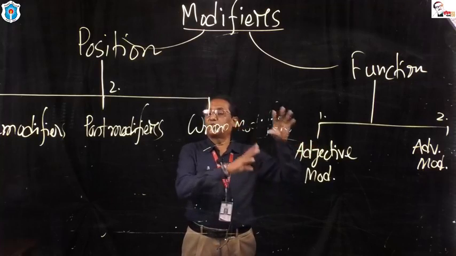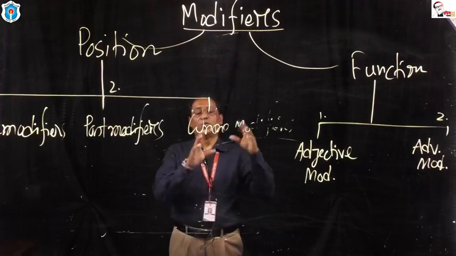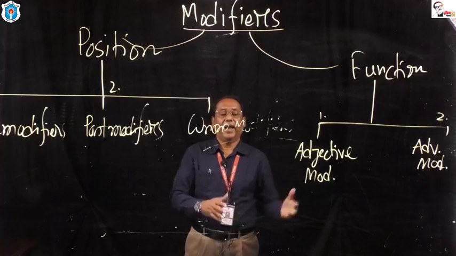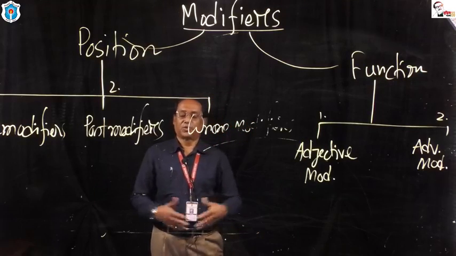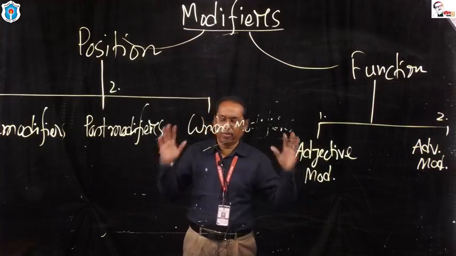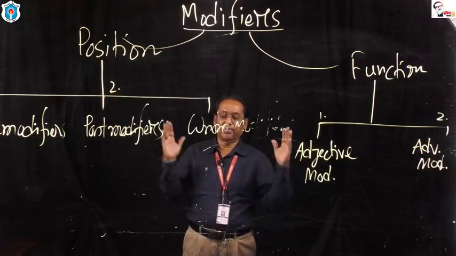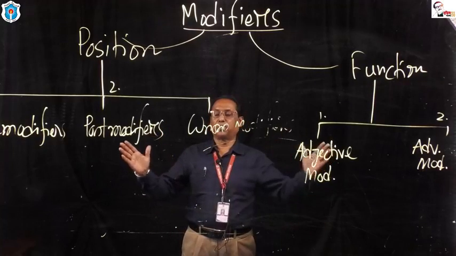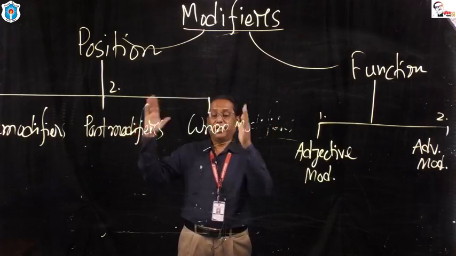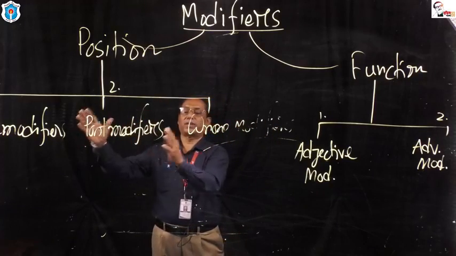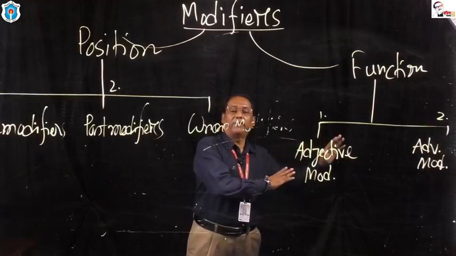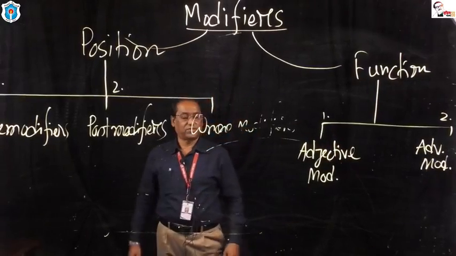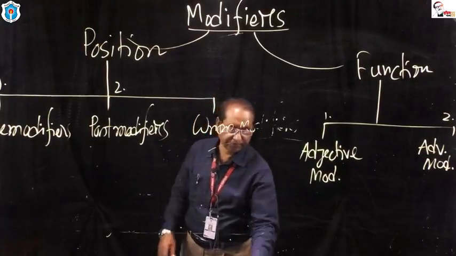Adverb modifiers are those modifiers which function as adverbs. সোজা কথায় যত মডিফায়ার্স আছে তাকে আমরা প্রধান দুই ভাগে ভাগ করব তার কাজ অনুসারে। কিসের কাজ করে? অ্যাডজেক্টিভের মতো কাজ করে যত মডিফায়ার তা হচ্ছে অ্যাডজেক্টিভ মডিফায়ার্স। অ্যাডভার্বের যারা কাজ করবে সব অ্যাডভার্বিয়াল মডিফায়ার্স। As for example,